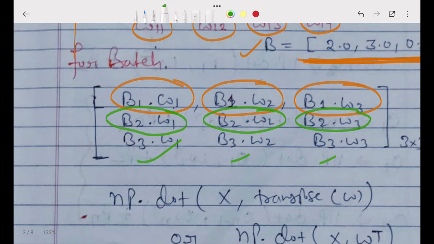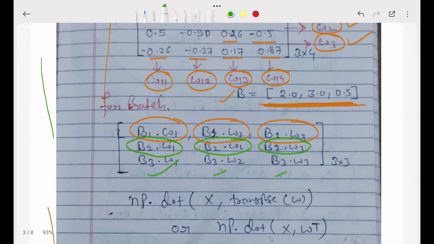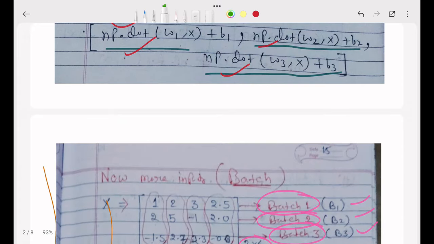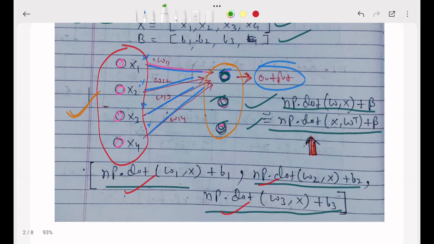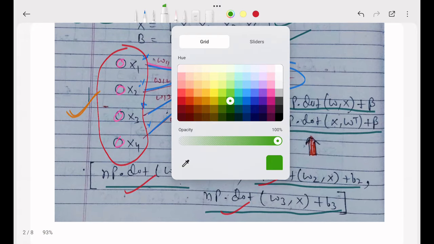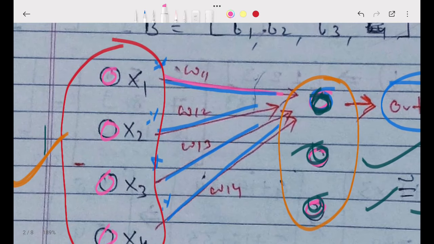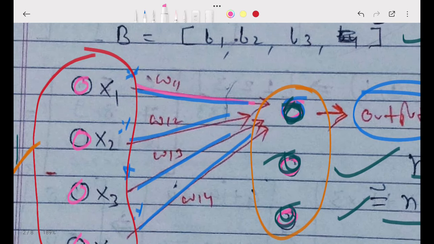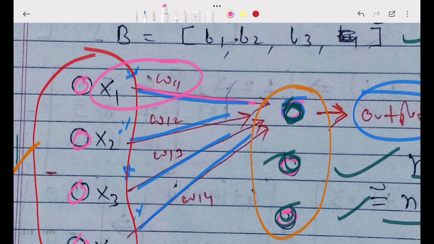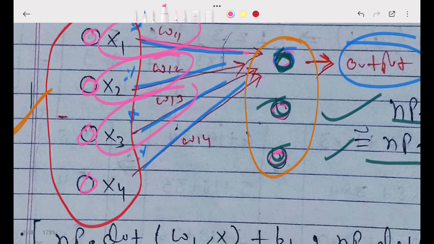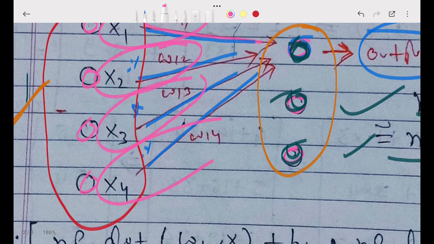If you understand this line, this is the main one. For batch 1, what we are doing is x1 into W11 plus x2 into W12 plus x3 into W13 plus x4 into W14.